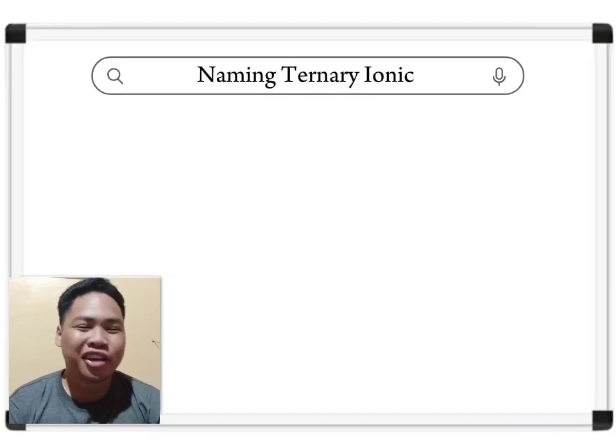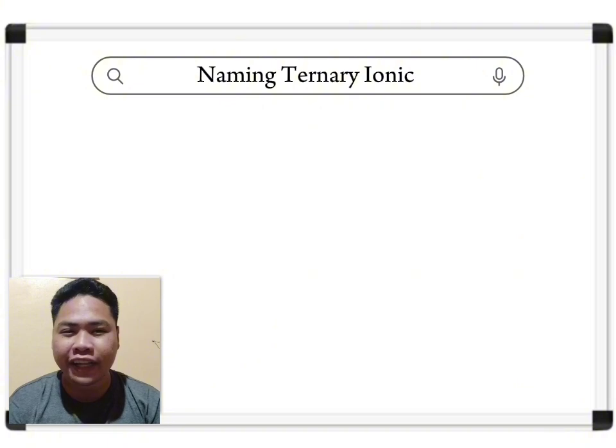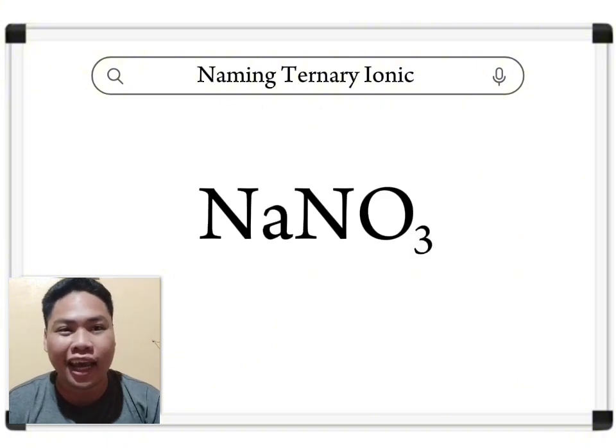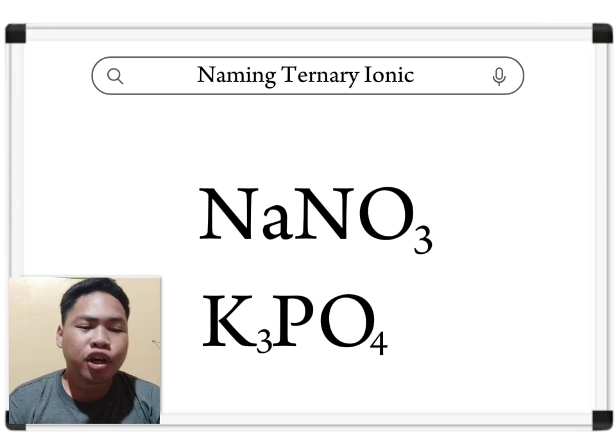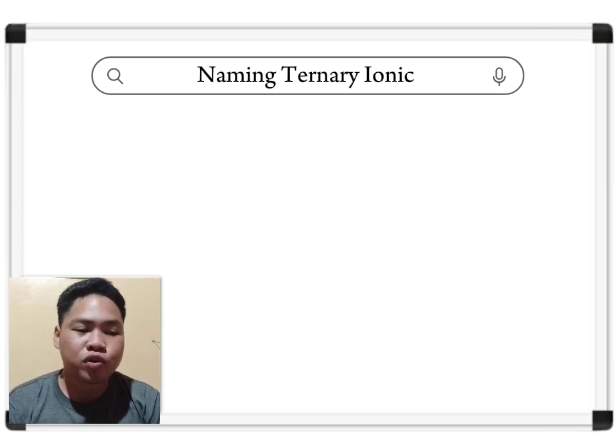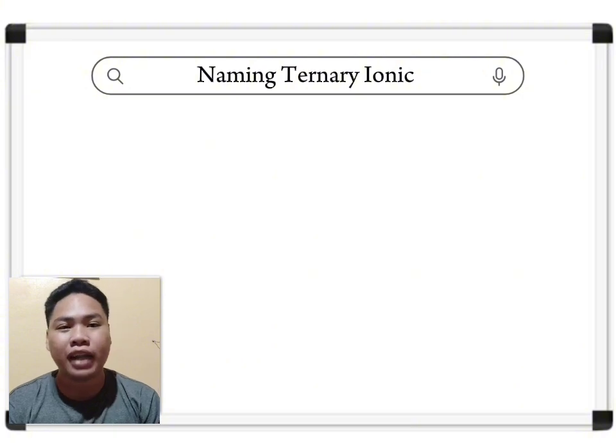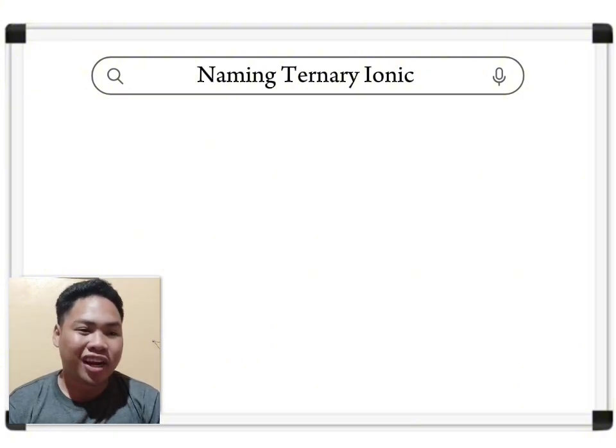Good day, everyone. Today, we will learn about ternary ionics, specifically on how to name compounds with polyatomic ions. Often we'll see compounds that have two or more different elements like NaNO3 or K3PO4. To write the formula for these compounds, when we're given the name, we use the periodic table and then the common ion table. So we'll follow these rules to guide us and let's try one.